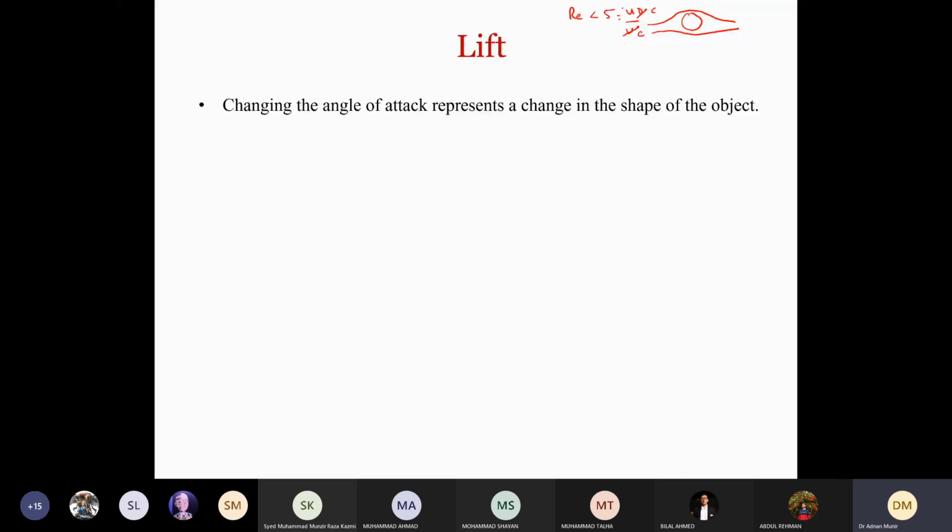अब जब रिनॉल्ड्स नंबर हम 5 से इंक्रीज करते हैं और 40 के बीच, तो उस केस में फ्लो सेपरेशन होती है, लेकिन स्टेडी फ्लो सेपरेशन होती है। जो फ्लो सेपरेट हुई वो एक वॉर्टेक्स यहाँ जनरेट करती है, एक वॉर्टेक्स यहाँ जनरेट करती है। ये वॉर्टेक्सेस स्टैटिक इधर ही रहती हैं और बाकी जो फ्लो है वो इनके ऊपर से गुजर जाती है। ये केस है जब रिनॉल्ड्स नंबर इस रेंज में होता है।